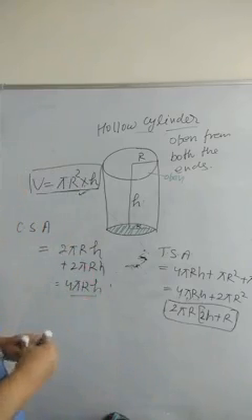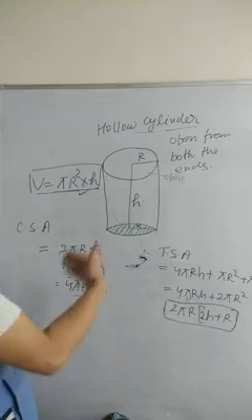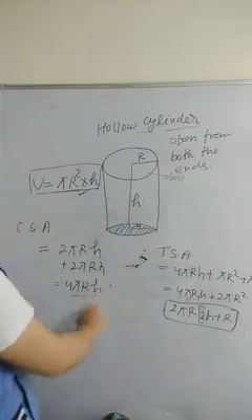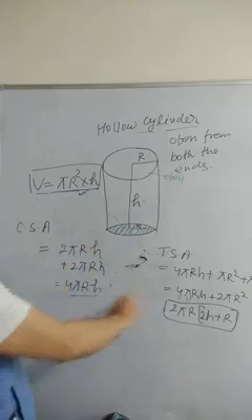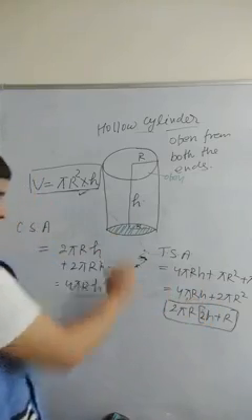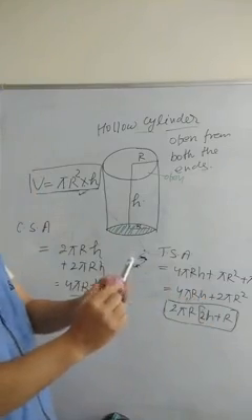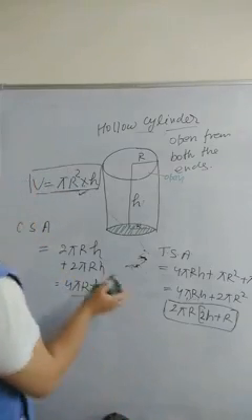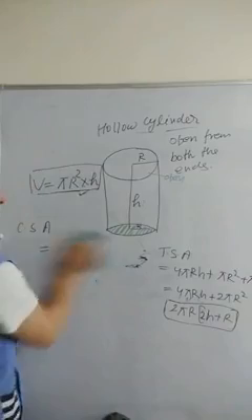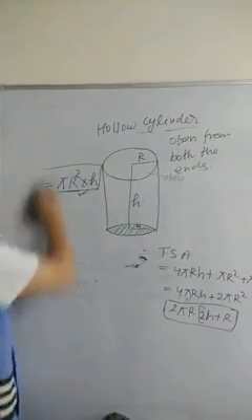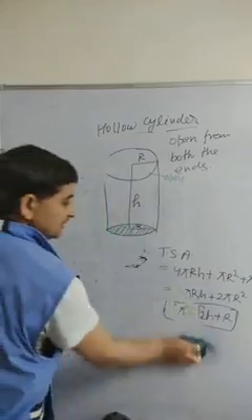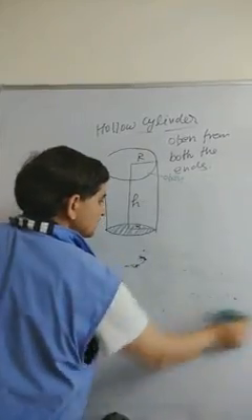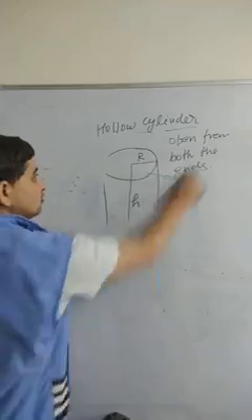So whatever type of question is asked, you can frame your own formula. Got it? Because here there was a base, so you have added what? The curved surface will remain the same, and for the total surface area, you can add this part from outside, and the same from inside. Now let's take another type of cylinder with some thickness, and we'll calculate the curved surface area, total surface area, and volume.